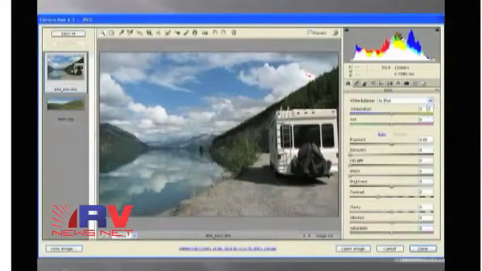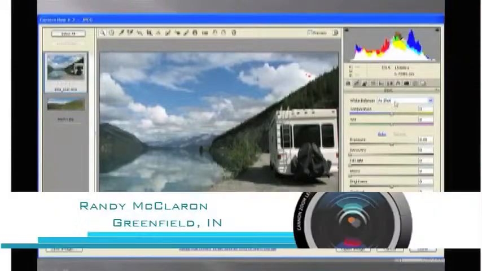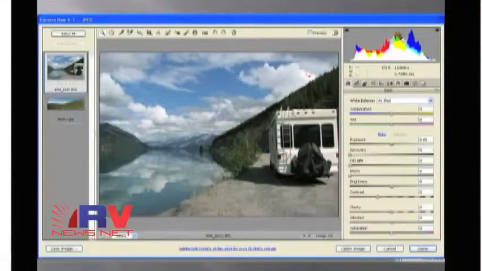And what we're going to do here is look at an example of a camera raw screen in which we've opened an image that we'll talk about later. One of our viewers sent us this image, and we'll be telling you who he was. It was Randy, and I can't remember the last name. Randy McLaren, I think it is, from Greenfield, Indiana. Great. Thanks, Randy. In any case, Randy sent a beautiful picture here, and we're going to look at it in camera raw